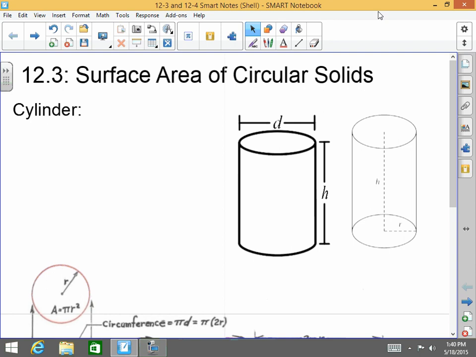Today we're going to be talking about two different skills. First one, we're going to wrap up surface area by talking about the surface area of circular solids. And then in 12.4, we're going to go ahead and start on volume. Just as a little recap,